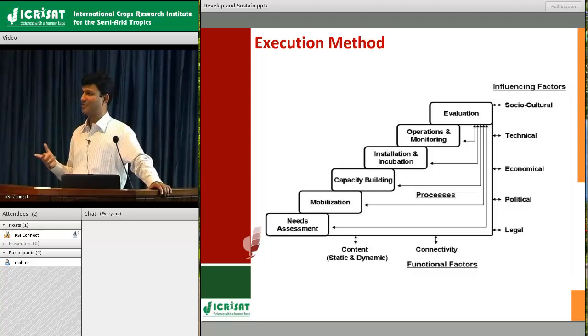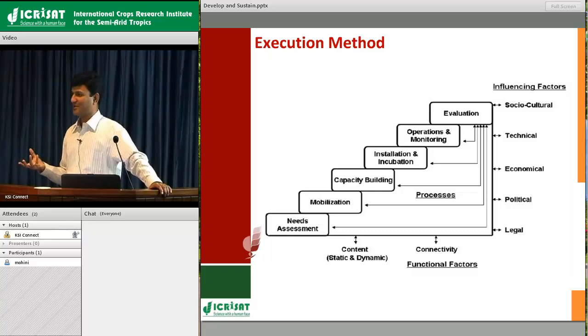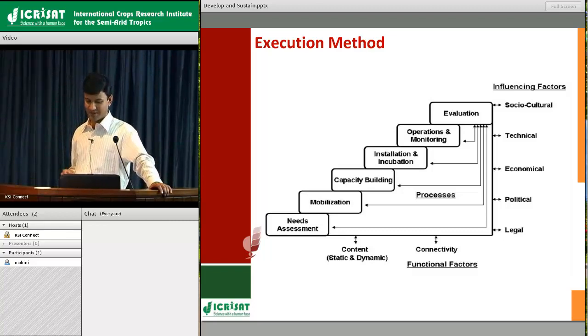At the same time, you mobilize the resources also. But always you need to give a sense of ownership to the communities, so that it is organized by them, executed by them, and is for them. We need to give that sense of ownership to ensure we create financially sustainable models. Capacity building, when I'm talking about mobiles, is not required. But when we are executing some other activities, we need to